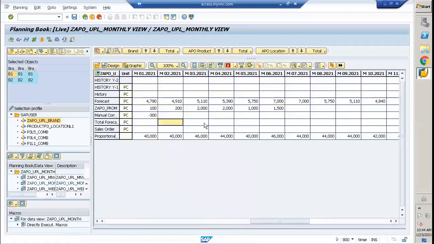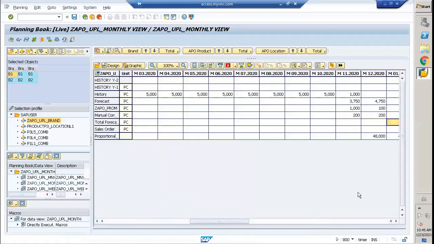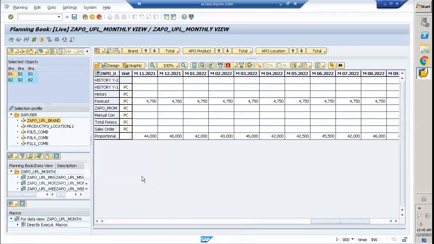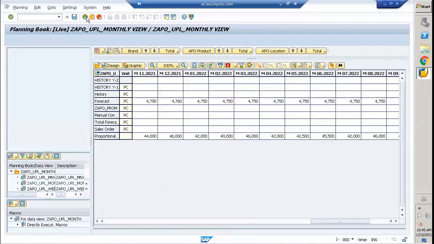Total forecast is 0. None of the values are there. Let me delete this one also. Why should I not keep it simple? Okay. I saved the values also. Then now